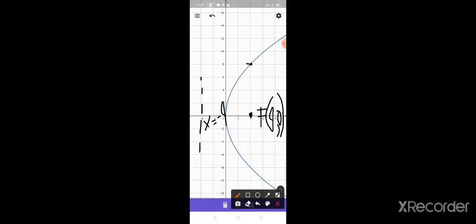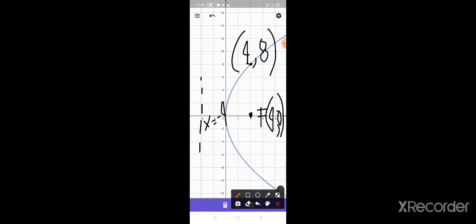So we count 8 units to this side and to this side. So our latus rectum endpoints are (4, positive 8)